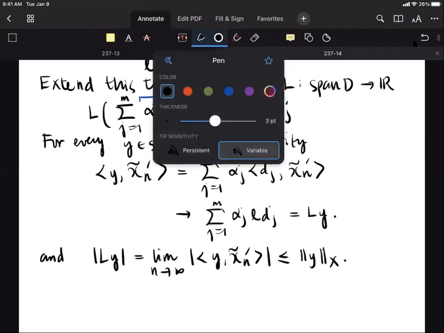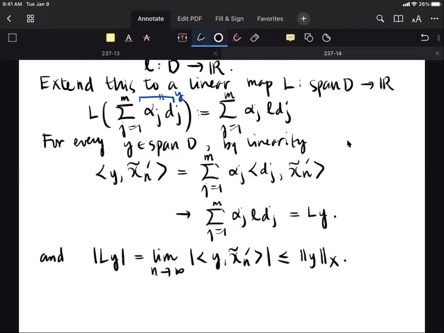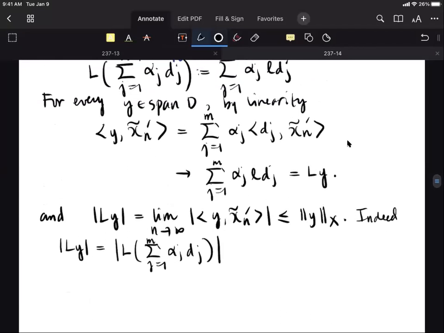Indeed, you just apply the linearity of this duality pairing. And let's do that for clarity. So let's say this is L of the sum of alpha j dj, and this is less or equal to, applying the triangle inequality, the norm of L dj. There must be an absolute value there, times